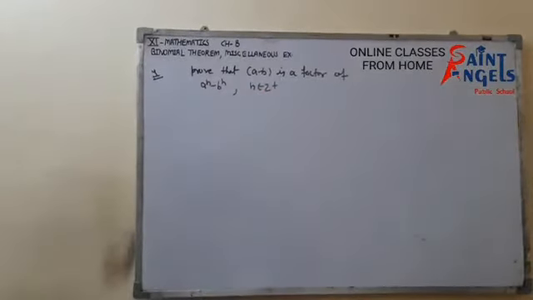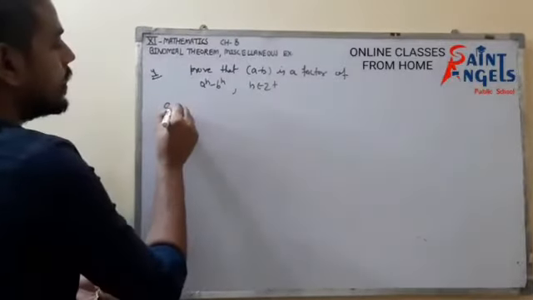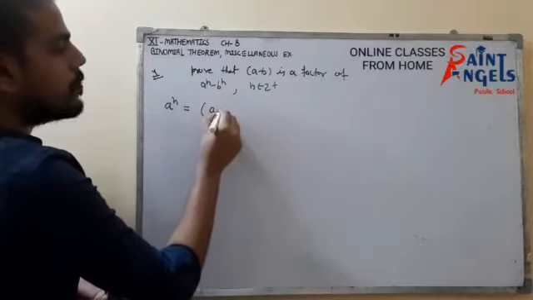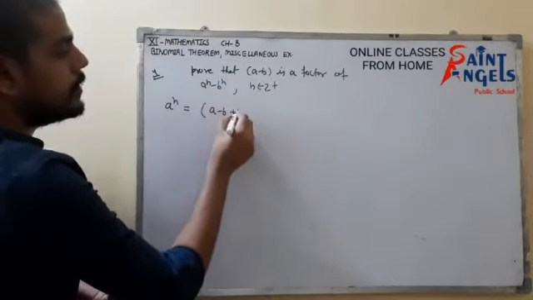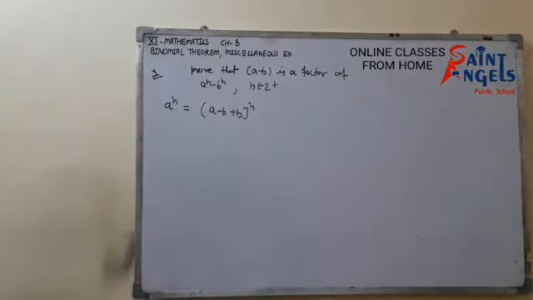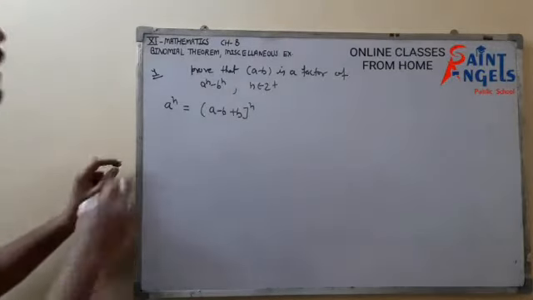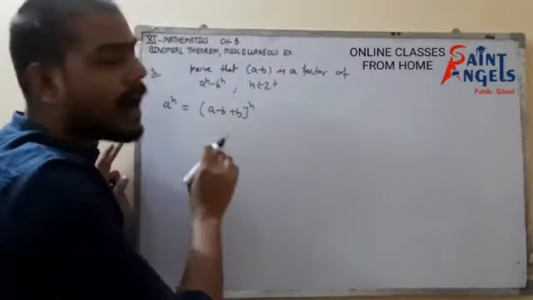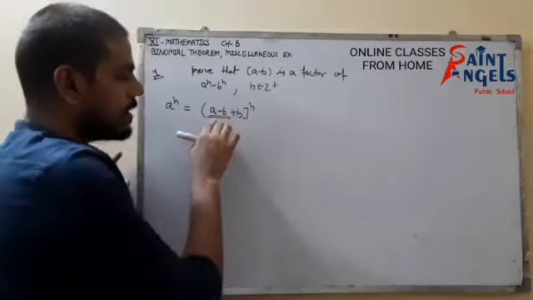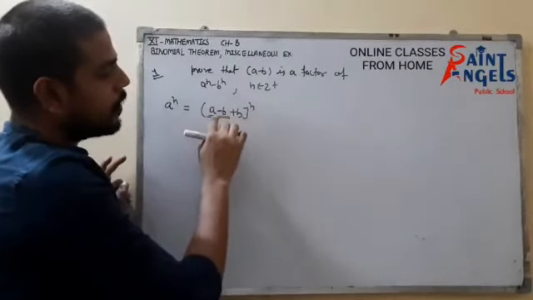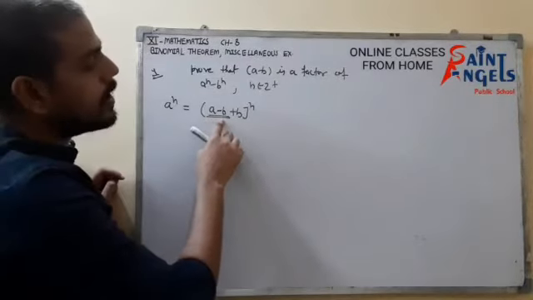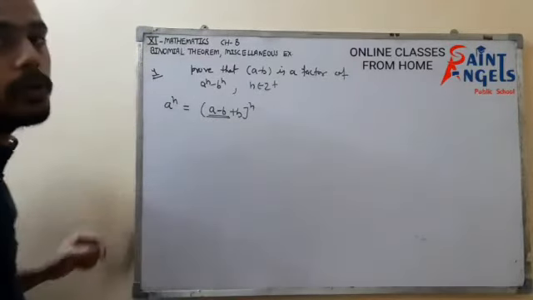Okay, so can I say that a to the power n is equals to a minus b plus b to the power n? Is there any problem? Can I say that a minus a equals to a minus b plus b? I can easily say that. And why I have done it? Because now I can consider this as x and this as y, so I can open the formula for x plus y to the power n. So then I will get the term a minus b in each term. So that is how we are going to prove it.